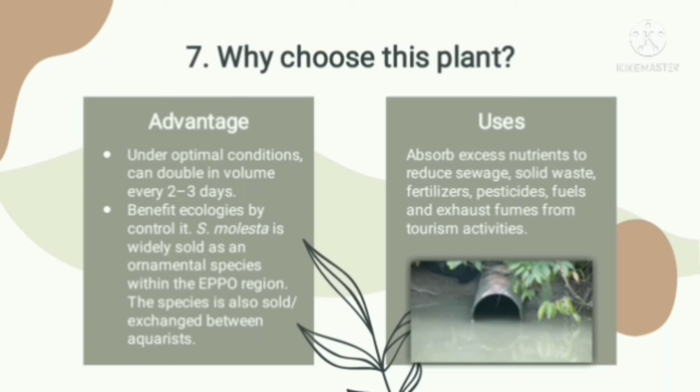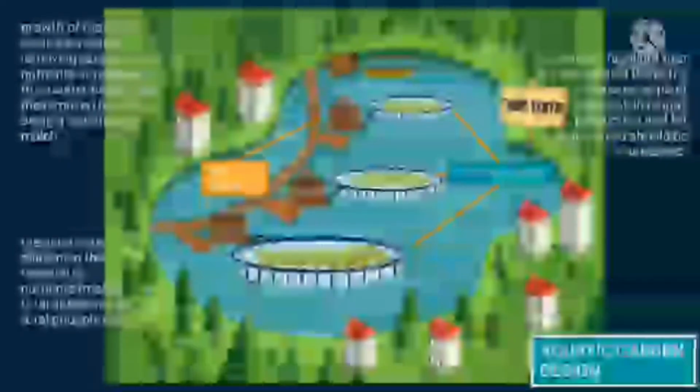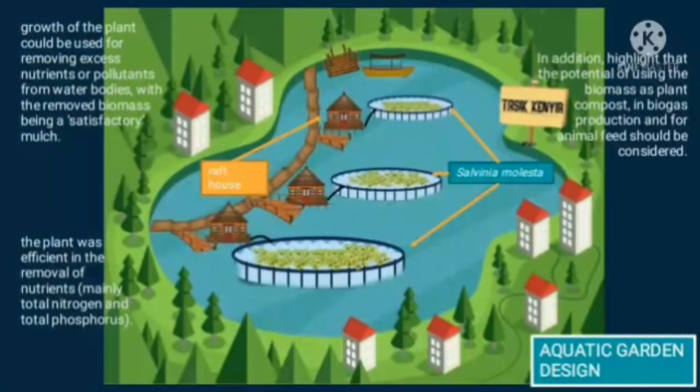So for the users, the plant can absorb excess nutrients to reduce sewage, solid waste, fertilizers, pesticides, fuel and exhaust fumes from tourist activities. So next, this is the aquatic garden design. This is the design. So we have raft houses, and each raft house has Salvinia molesta, so any activities that produce nutrients like nitrogen, phosphorus, or any